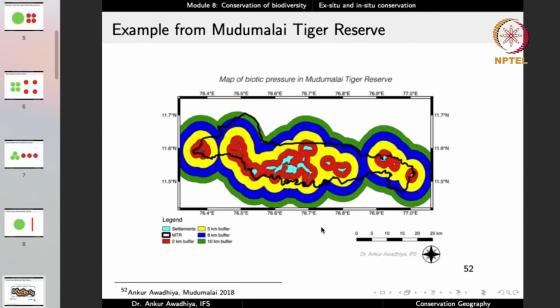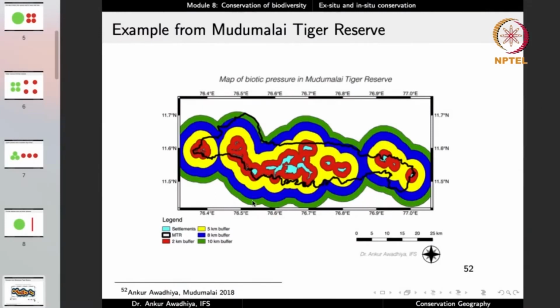Now this is an example from Mudumalai Tiger Reserve. Now this black outline is the Mudumalai Tiger Reserve. These blue areas are the settlements inside. So in many circumstances we do not have reserves that are completely free of human influences, but we might be having certain settlements inside. So people are living inside, people are doing cultivation, people are doing cattle rearing, and if we drew